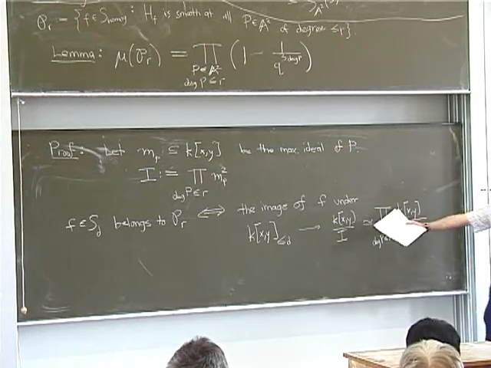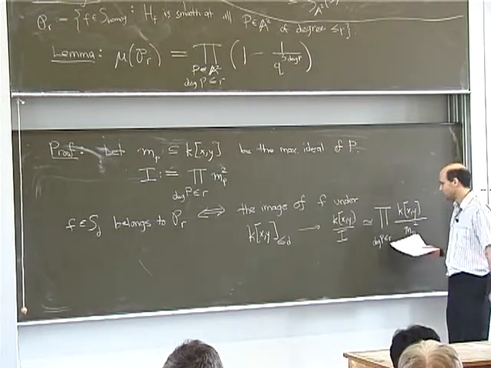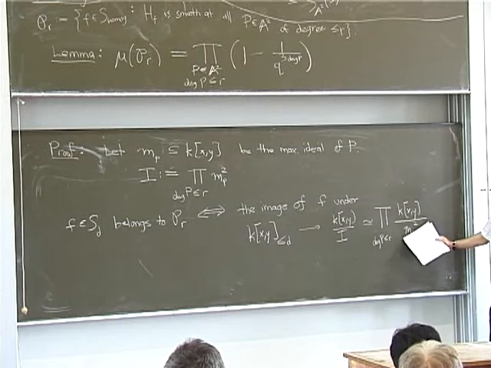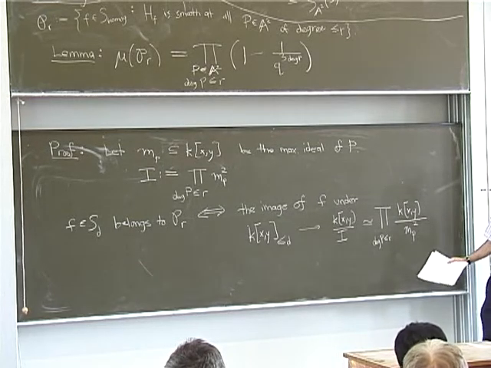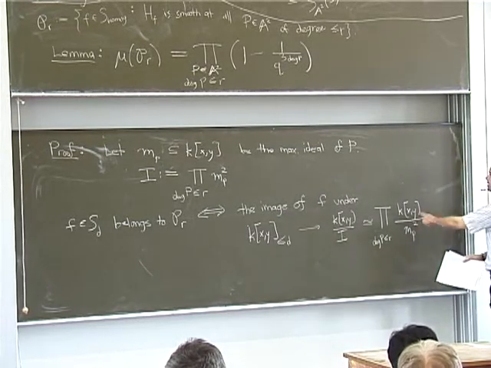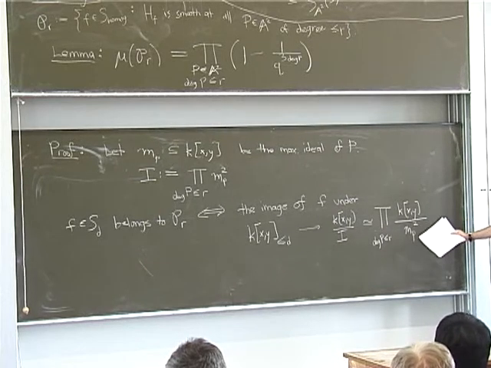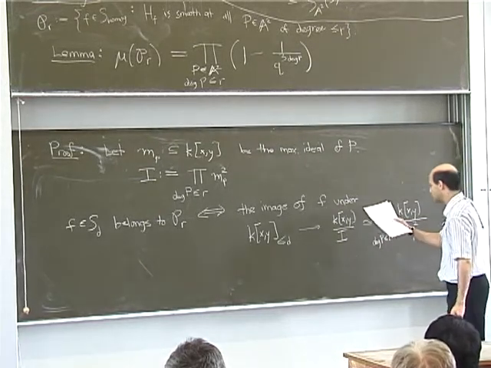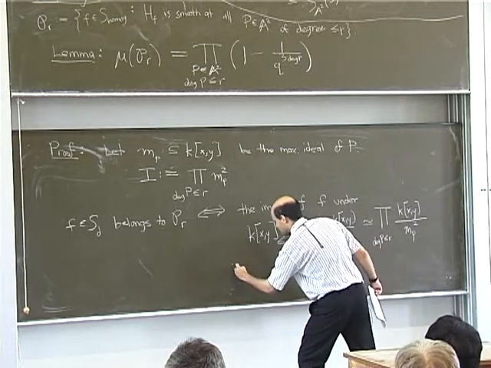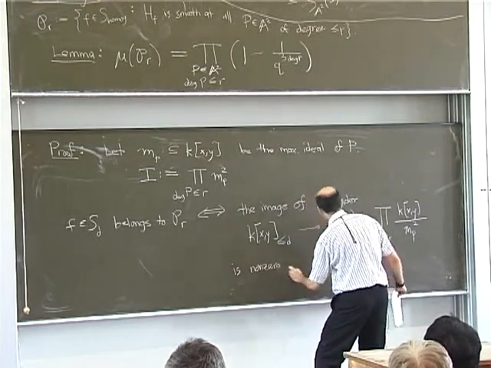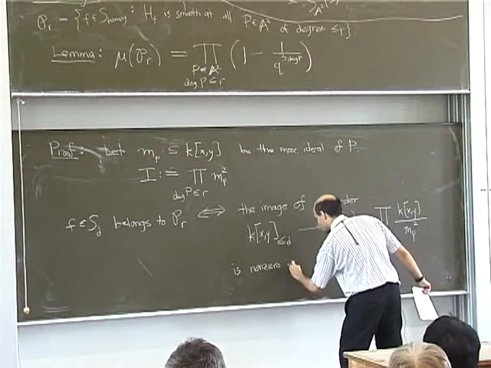And to say that it's smooth at a particular point P means that the polynomial does not completely vanish in this factor, because to vanish here means that the polynomial vanishes at P and that its partial derivatives vanish. So the condition for it to be smooth is that it should be non-zero in each factor over here on the right.